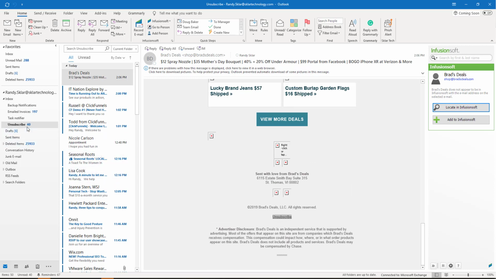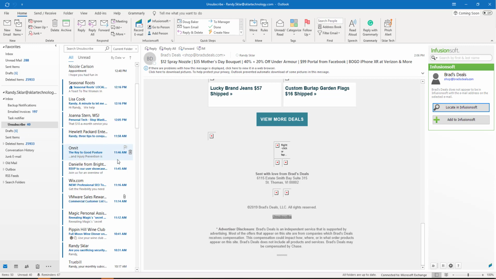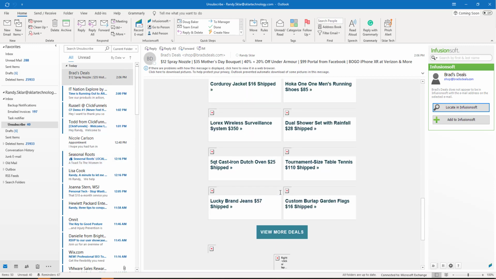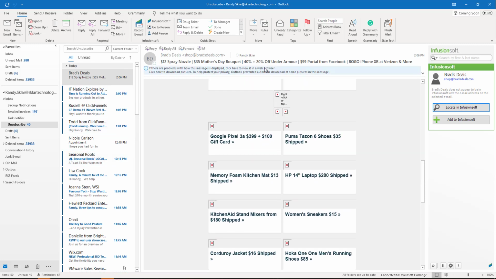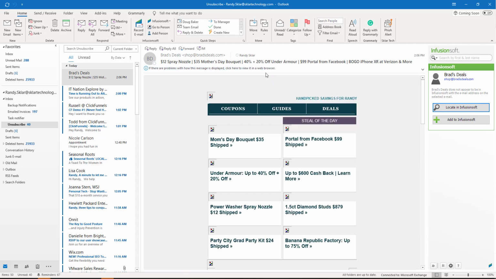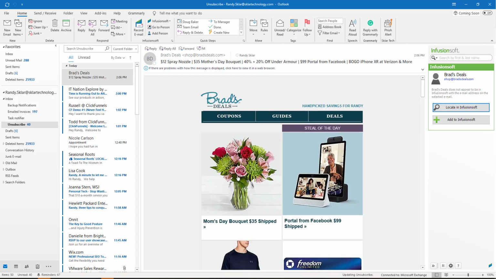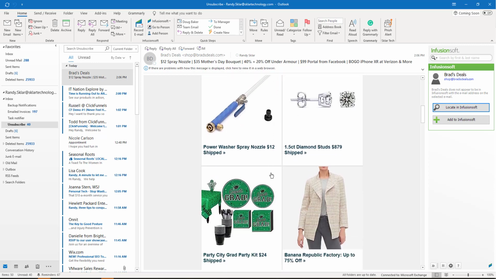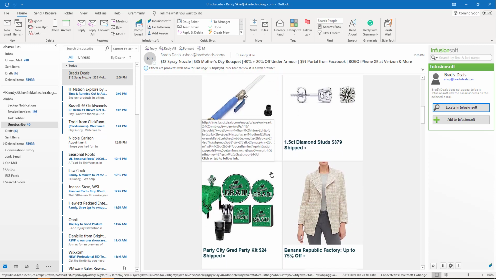Now, what that does is it keeps my inbox clear of all of the things that I like. Some things I do, some things I don't. But they're all distractions. It could be a newsletter. It could be an advertisement. This Brad's Deals thing, it just tells me good deals that are going on. Random deals about Mother's Day gifts and Under Armour shirts, and they find these steals and these deals